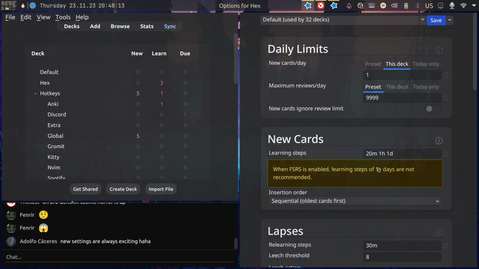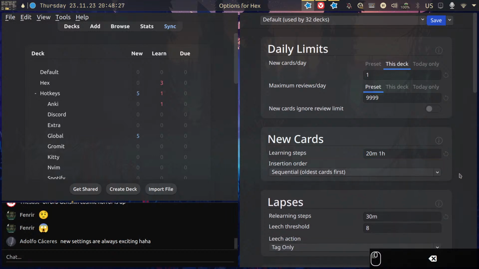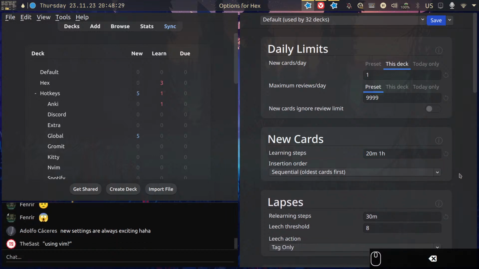Yeah, so when you set a learning step of 1 day, which you used to do on the old scheduler, it says when FSRS is enabled, learning steps of 1+ days are not recommended. So what we used to do on the old scheduler,